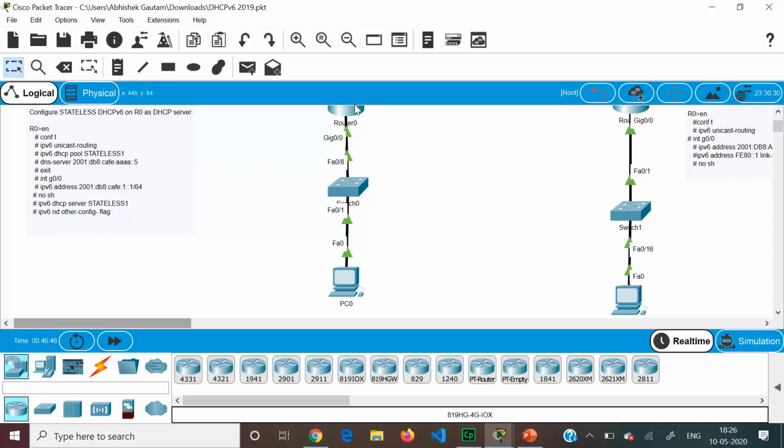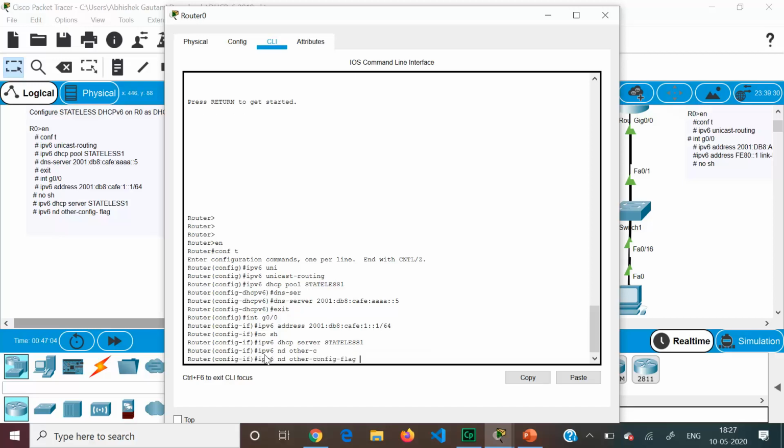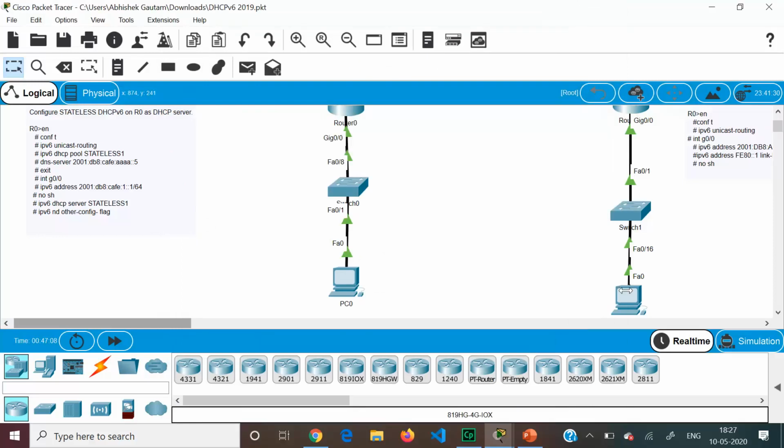To receive the other related information from the server, we need to set the other flag by using the command ipv6 nd other-config-flag. By using this command you are setting the other flag. By default the M flag, the managed flag, and the other flag are 0 0, as in the previous case, SLAAC stateless autoconfiguration, where both M and O flags are set to 0.